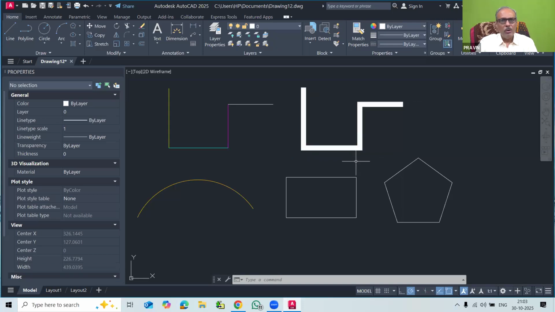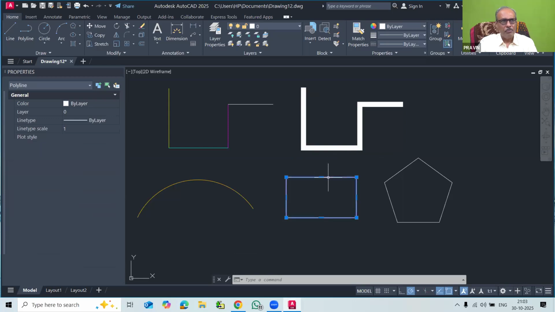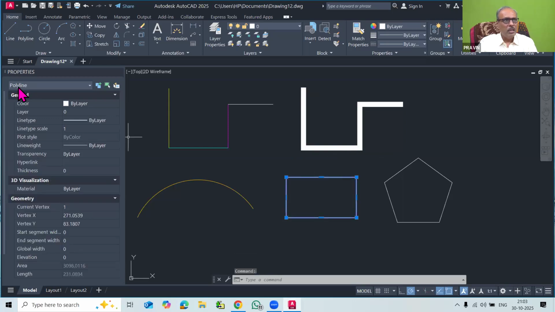Similarly, when we have drawn a rectangle, the rectangle is also nothing but one of the polylines. You can see here again, there is no name of the rectangle. We have drawn a rectangle here, but here in the name you will see polyline, because rectangle and polygon both are the polyline object. So here also you can change the color of the object. Go to here and you can check the color.